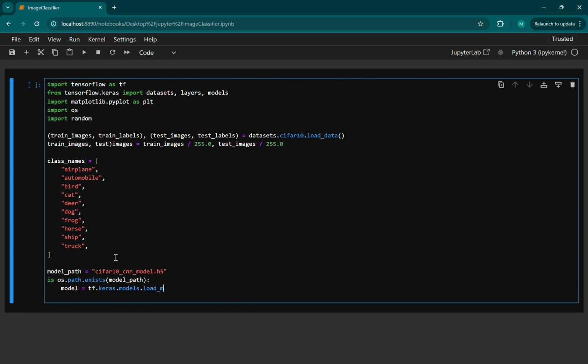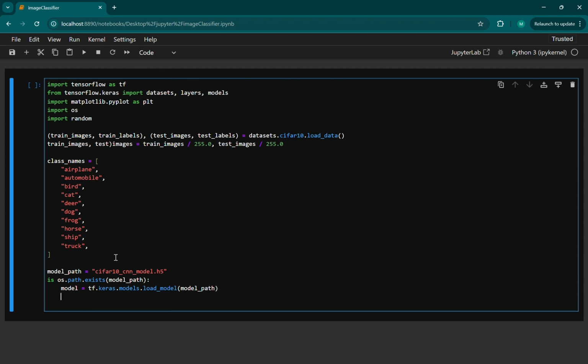So that's what we're going to do here. Load the model, pass it to the model variable, with the model path. I want to print here that the model loaded from disk. And if